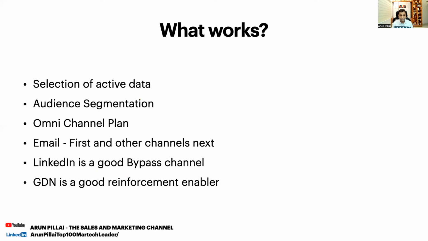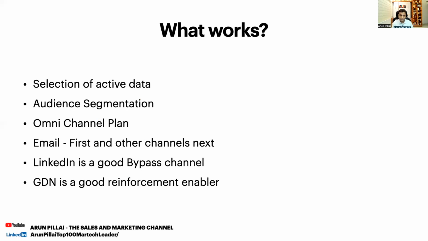So to summarize, how does it work and what are the most important aspects? The first and foremost aspect is selecting an active data set. It all starts with a data set that delivers. And once we have the data, how well do we know our audience and how could we segment them into lookalike audiences of multiple clusters? And then create a hyper-personalized journey for each of those clusters, have an omni-channel plan, but then start with email